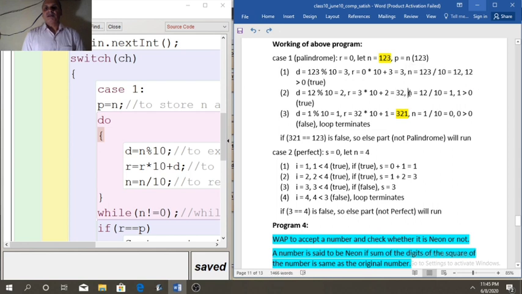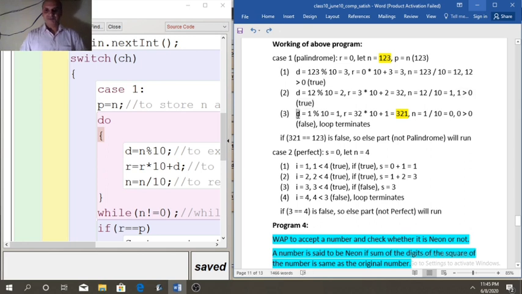And n equal to n by 10. So 12 by 10. It will remove the last digit of 12, that is 2. We will get 1. Now it will check the condition. 1 is greater than 0. That is also true. 2 times loop has executed. And third time also it will execute.